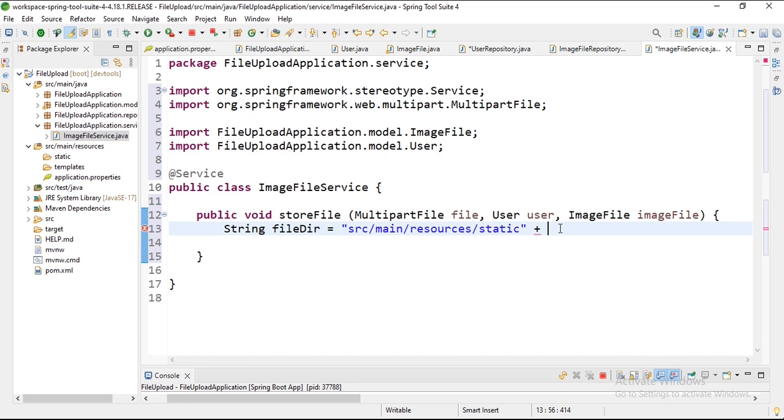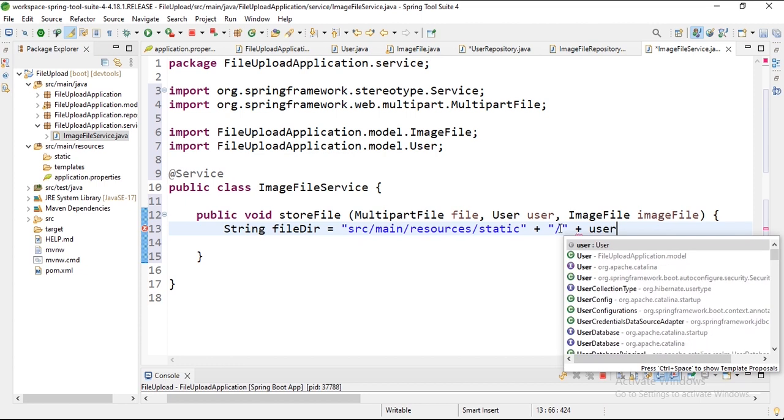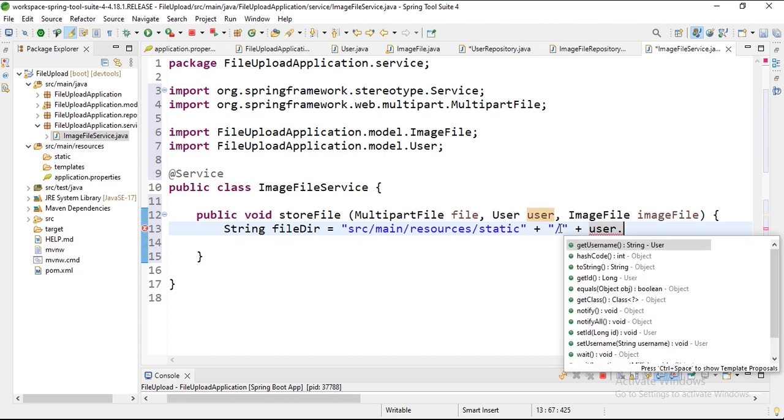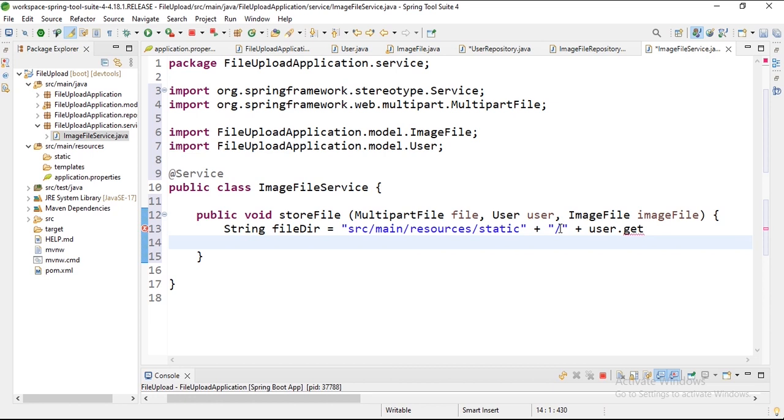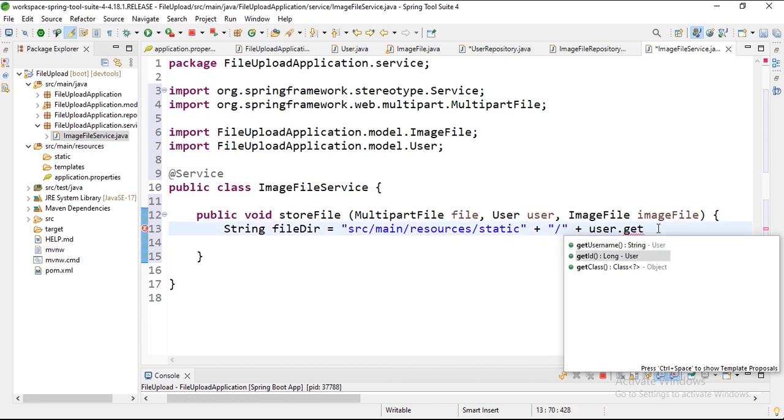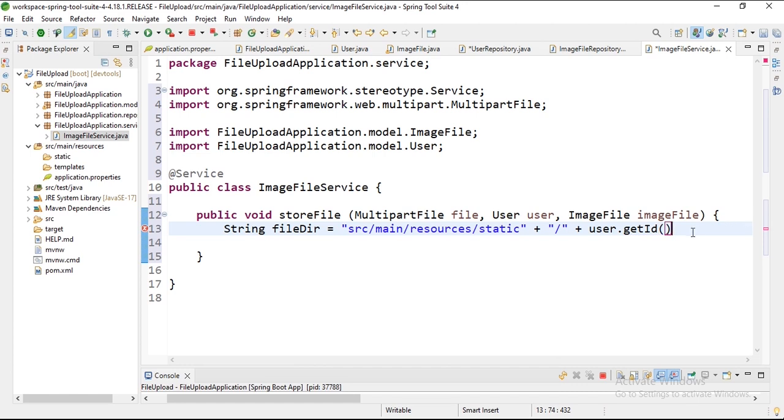We will represent the folder by the user ID. So we need to get slash again, and then plus user.getId(). So this is what we will have here,